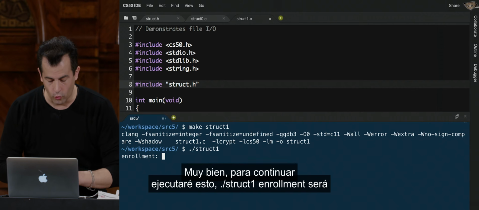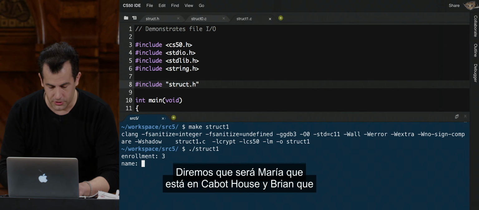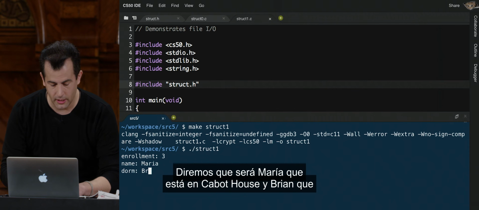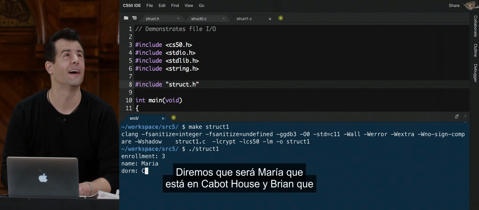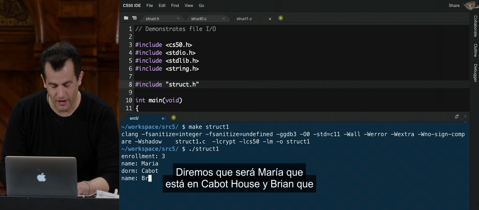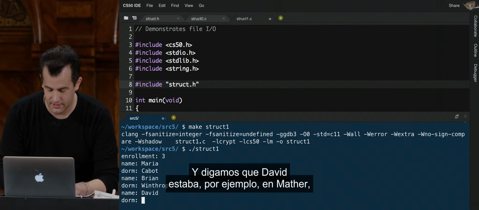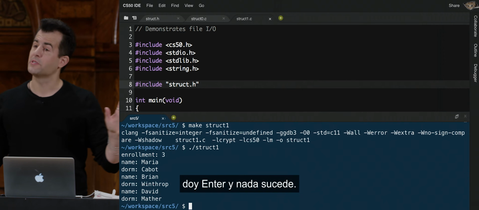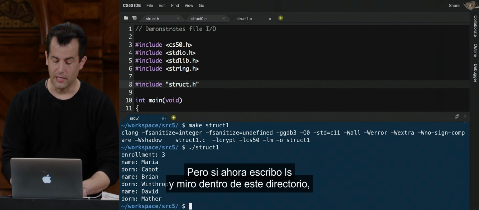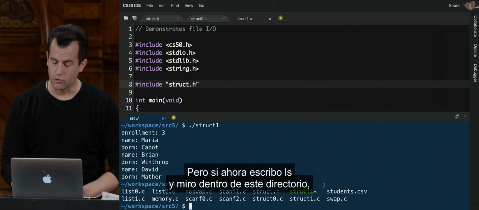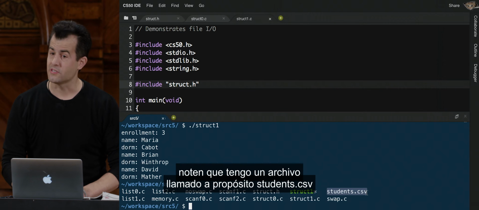./struct1. Enrollment will be 3, and we'll say that it'll be Maria, who is in, I get this wrong every year, Cabot's house, and Brian, who's in Winthrop, and say David was, say, in Mather, enter, and nothing seems to happen. But if I type ls now, and look inside this directory, notice that I have a file called students.csv,